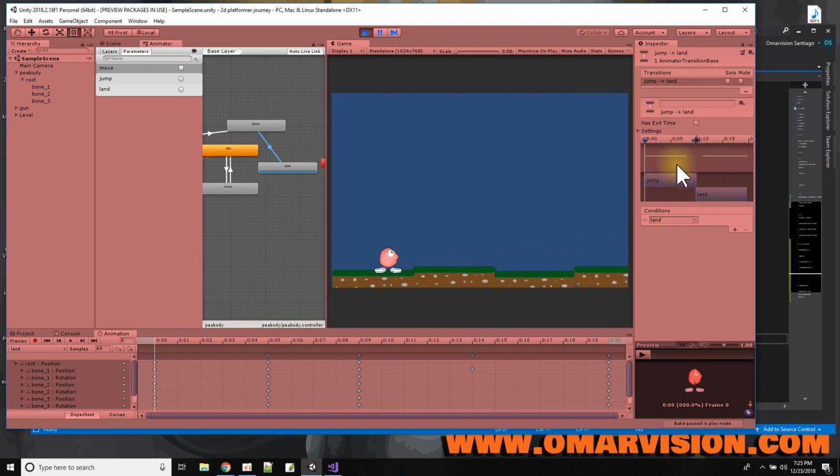So when I was playing around with it, basically I took these two things here. First thing I did was I made sure that to go from jump to land, there is no exit time. And then in land, what I had to do was shrink down this transfer time between the two to a minimal amount of time. So with the time like this, the jump looks like this, okay? And then if the time was like this,